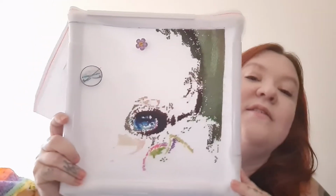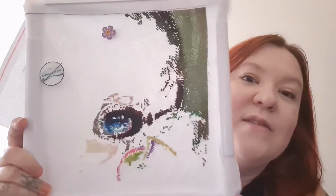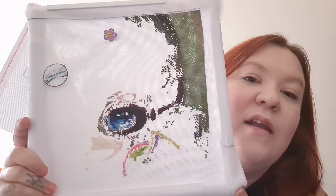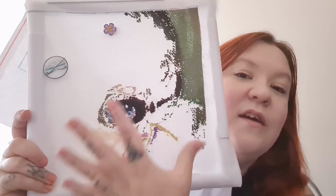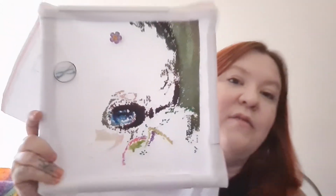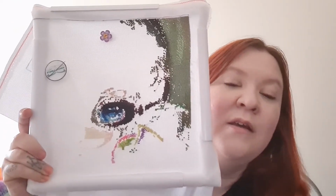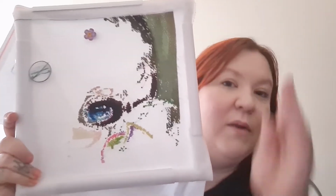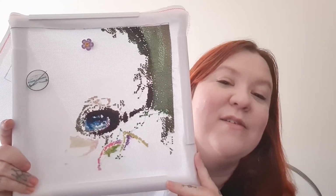So she is stunning. I absolutely love her, and it was really nice to just sit with the ladies and work on her, do a little bit of the colour in there. I think the dragon's going to be stunning with the colours just pop and the eyes are beautiful. So I'm absolutely loving her. I think I'd done about 900 stitches that night, which isn't a huge amount, but it was enough whilst we're chatting and everything. So it was really, really nice to work on her